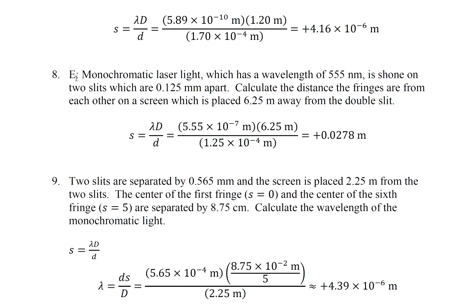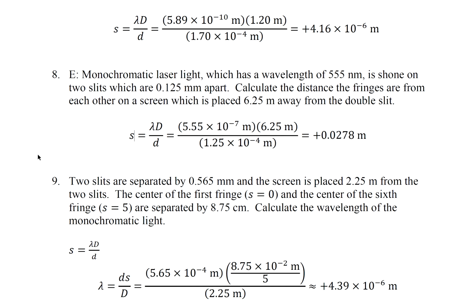Question 8. Monochromatic laser light, which has a wavelength of 555 nanometers, is shown on two slits which are 0.125 millimeters apart. Calculate the distance the fringes are from each other on a screen, which is placed 6.25 meters away from the double slit. So we were given everything to solve for little s,